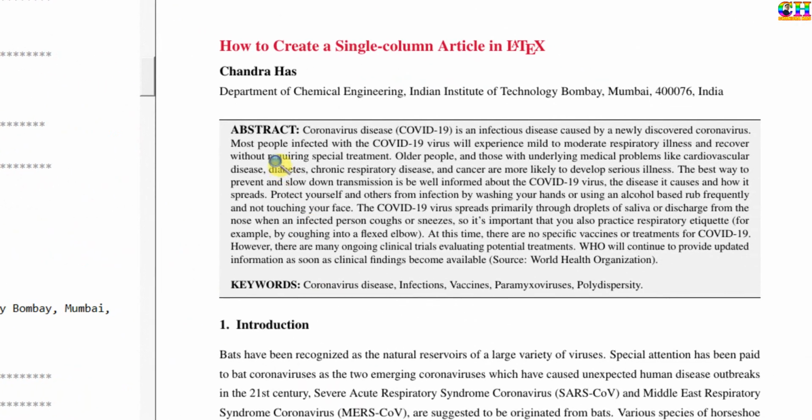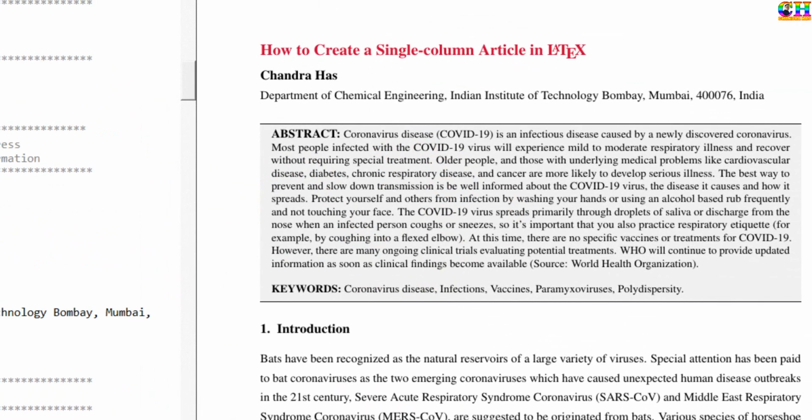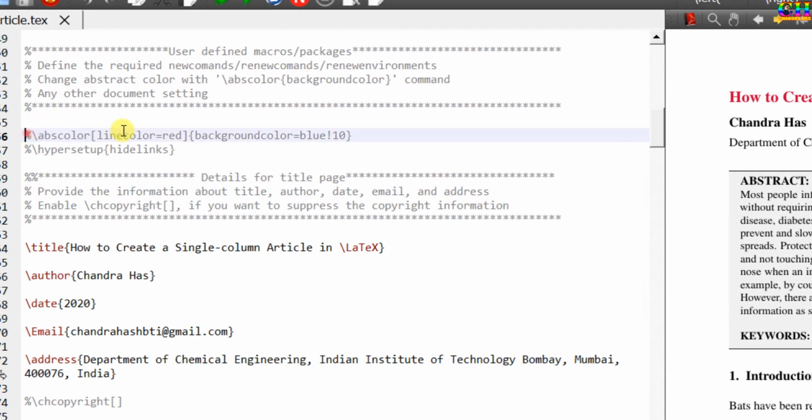If you want to change the abstract background color, then you can use this command.